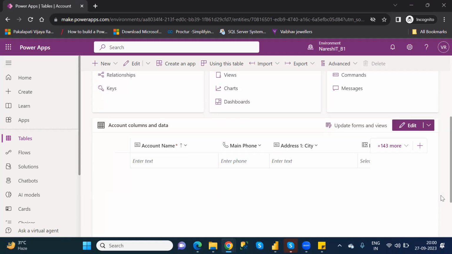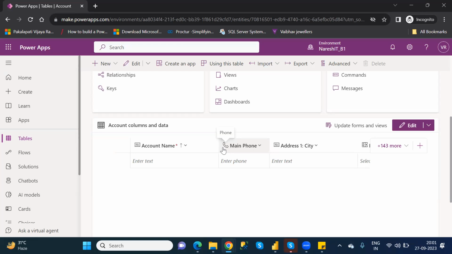So that's the reason, for whatever sample tables are provided, if you want to load the sample data, that is also possible. You can load the sample data in all these tables. If the data is not there, you can load it, and it is provided by Power Apps only. I will tell you where. Or else you can create your own table. Suppose you have Excel data, that also you can load into this tables option. Understand clearly?